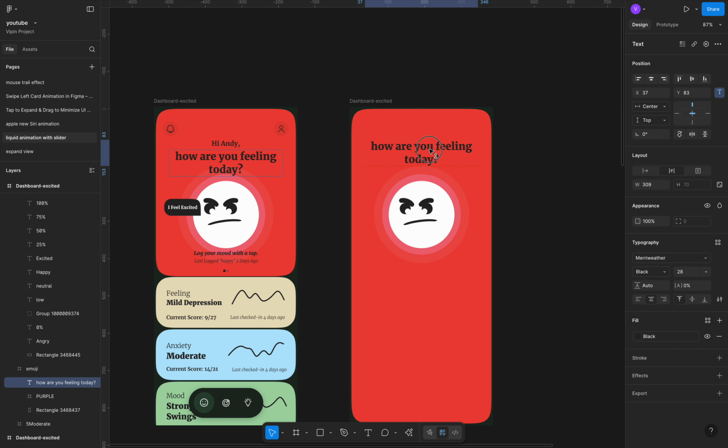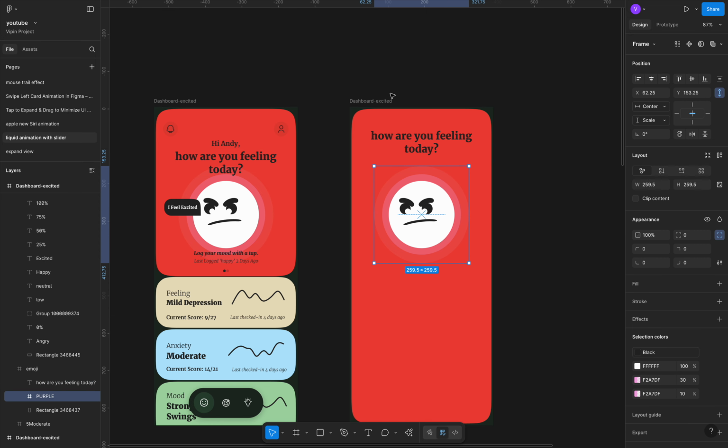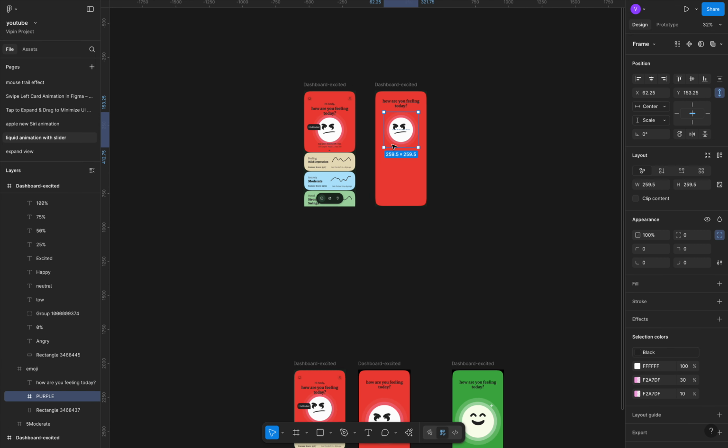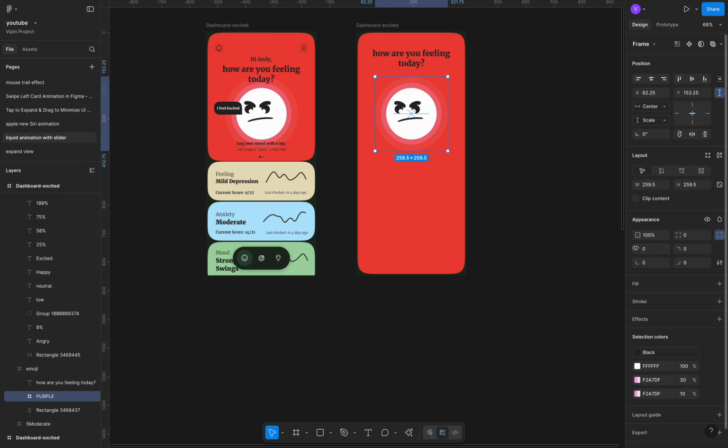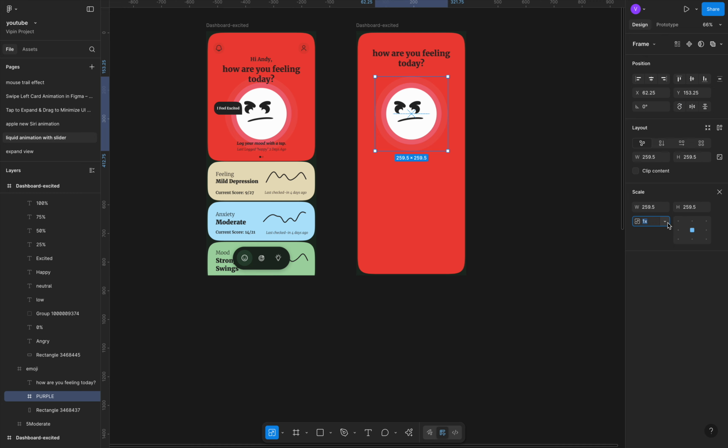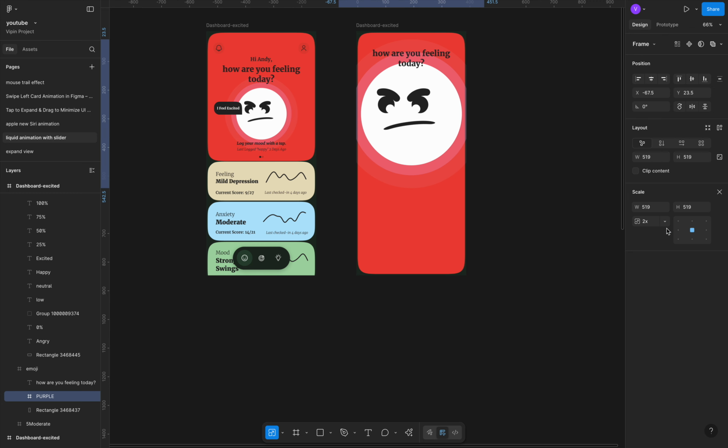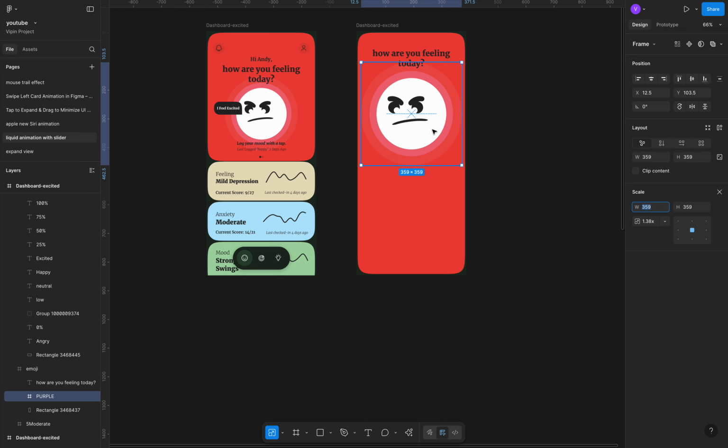Let me make it on the top, and a little bit bigger. It's too much, so let me make it like this. It's 359, so keep in mind the width of this